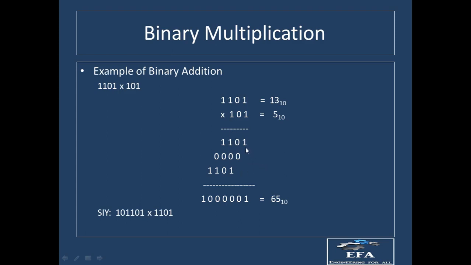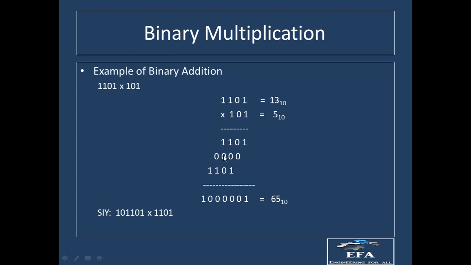Now this addition will be the binary addition in this case. Now you can see over here this one will be taken as 1 itself. 0 plus 0 will be equal to 0. 0 plus 1 will be equal to 1. 1 plus 1 in binary is equal to 1 0. So 0 comes here and 1 will be carried over here. 1 plus 1 will be equal to 1 0.